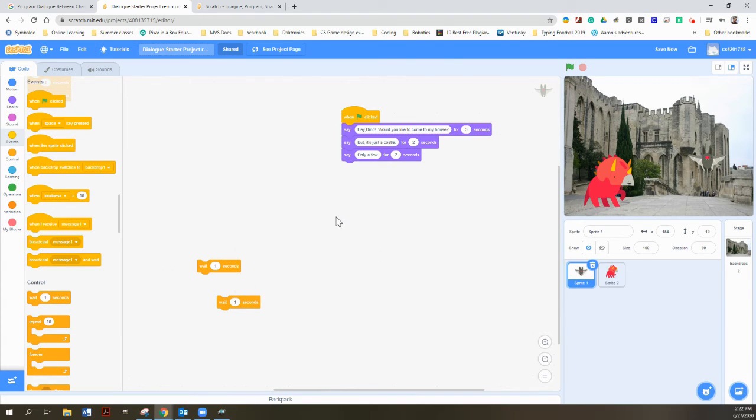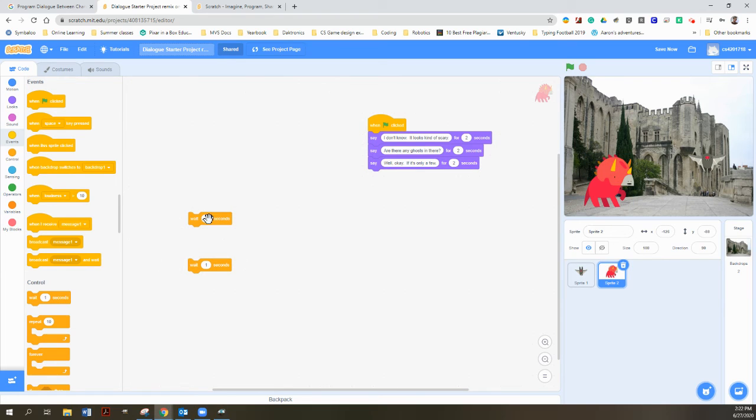Now, the weight blocks are what you're going to put in between the dialogue. So, for example, the first dialogue is going to be the bat. So I'm going to go over here, and the first dialogue for the bat is 3 seconds. So I'm going to go to the dino, and I'm going to make a 3-second weight block, and I'm going to put it right between when it started and the first answer, because this is what he's answering